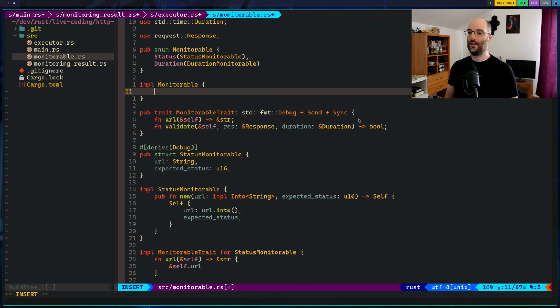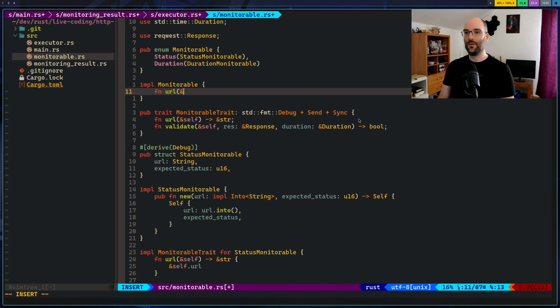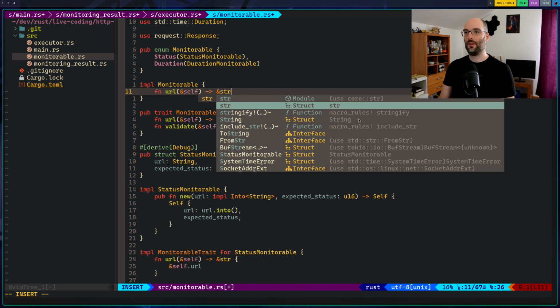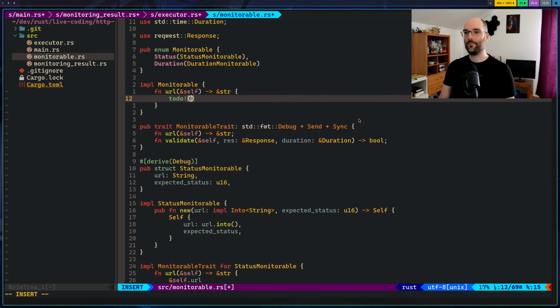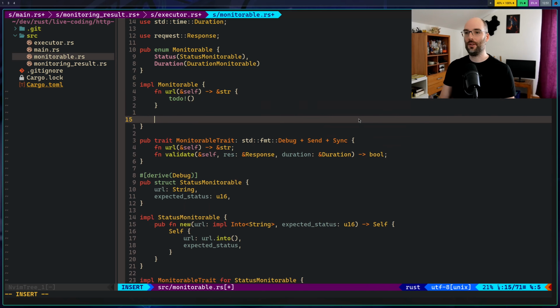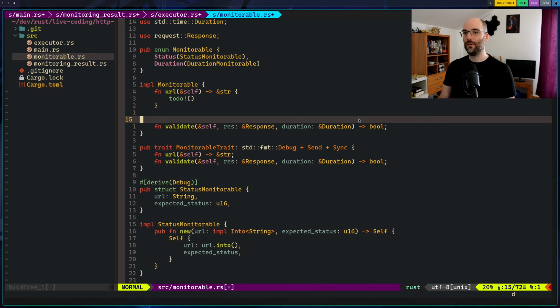But I think that's just a bit overkill. It's like double indirection. So we'll do it right away on this here, and we'll get rid of the trait later on. So we need to implement this one. And we need the validate function. Yeah, let's just copy that one.